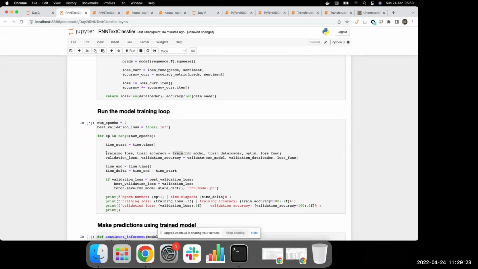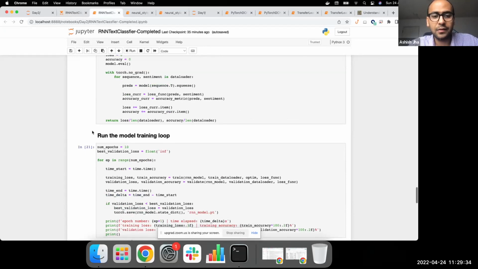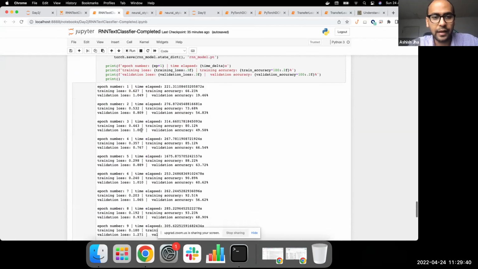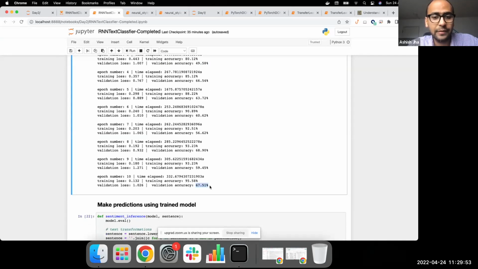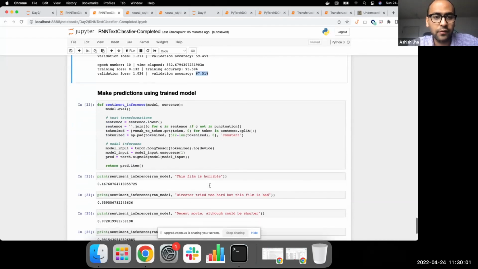Right, yep. So as I said, I will run this, but RNN models are even more complex than the usual feed forward or CNN models. It is going to take some time. So again, in a cooking show fashion, I have run this from before, and I'll show you the logs for 10 epochs. You will notice that for each epoch we record the losses, and the losses go down. More interestingly, the validation accuracy goes all the way from roughly 20% in the beginning to 67% towards the 10th epoch. Obviously, we need to train for a higher number of epochs to get better results, but that's beyond the scope of this exercise.